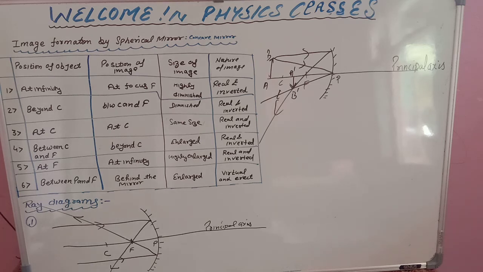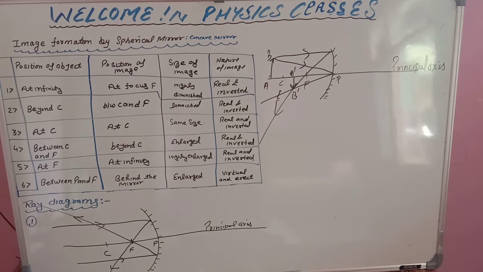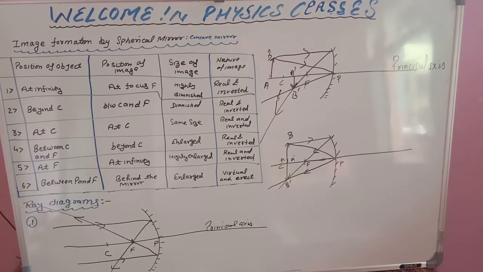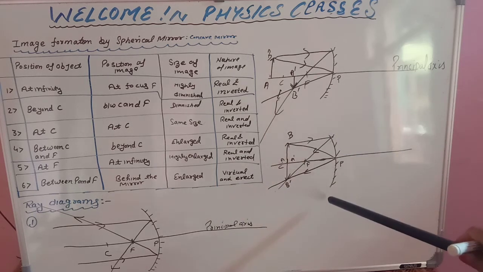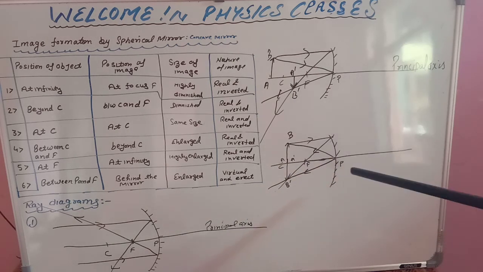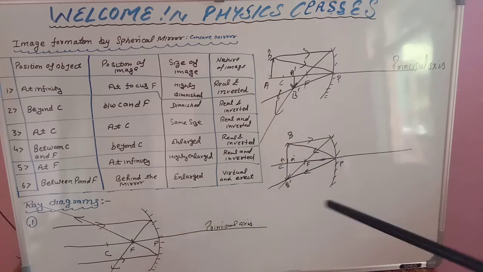Let us proceed towards the third ray diagram. Third ray diagram is saying that position of object is at C, image is at C. So you have to follow the same process. So let us draw third ray diagram. So see, I have drawn ray diagram third. Means first of all what you have to do, draw the mirror, paint it from back side. It is your concave mirror. Draw the line called as principal axis. Mark 3 points P, F, C.